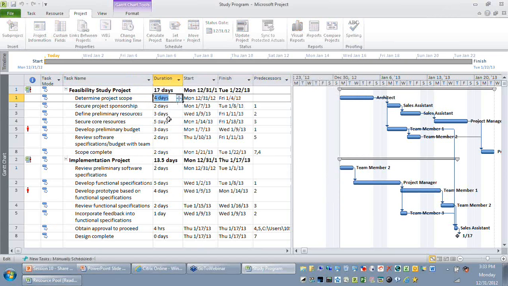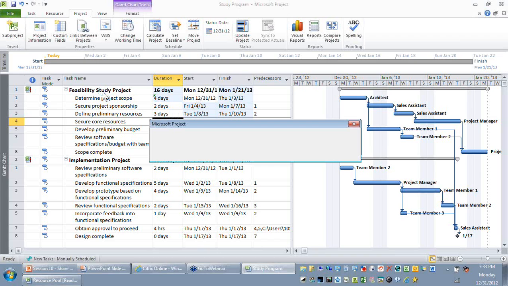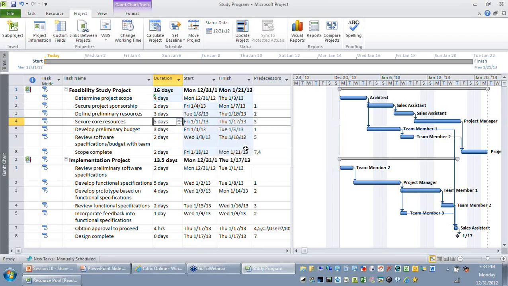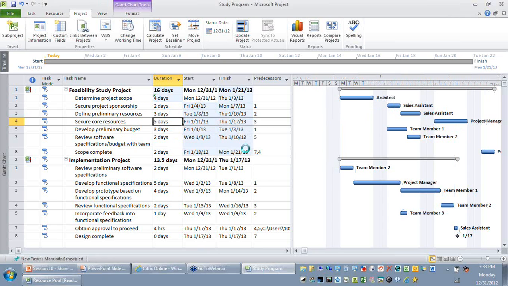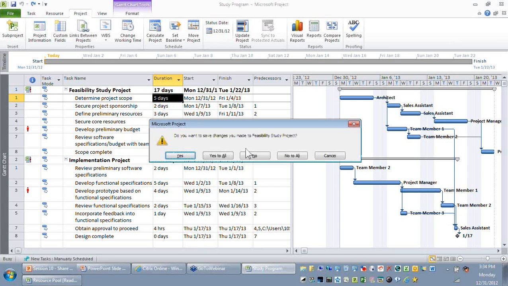Okay, I hope you're able to see there is an alert. It says that this read-only file is embedded. So when you try to save it, okay, now sorry. Yeah, it says an error has been encountered. Do you want to save it? It's okay. So naturally, you are able to see that when that particular project is in read-only mode, you will not be able to make the changes.